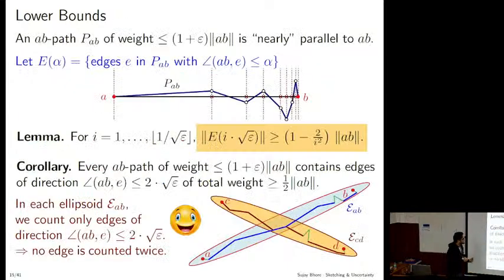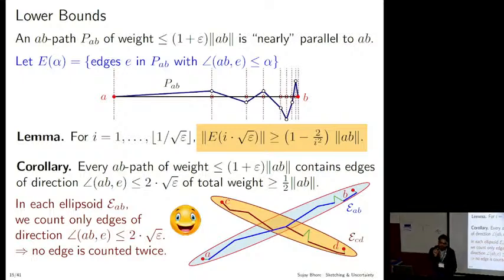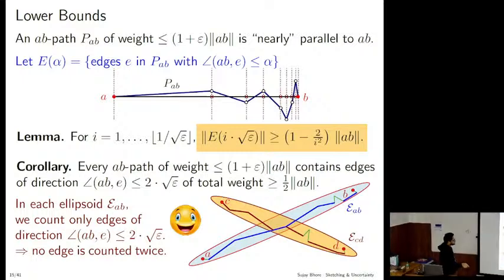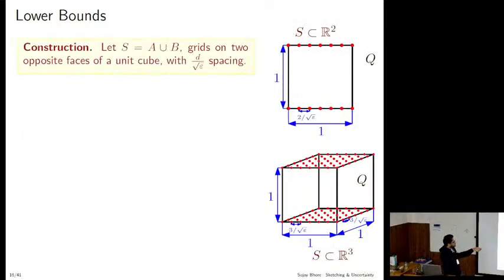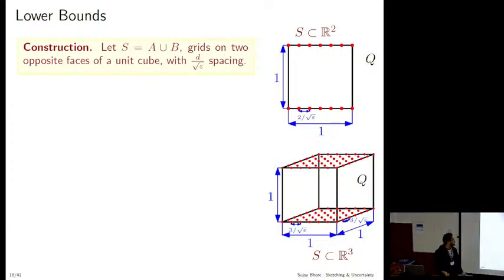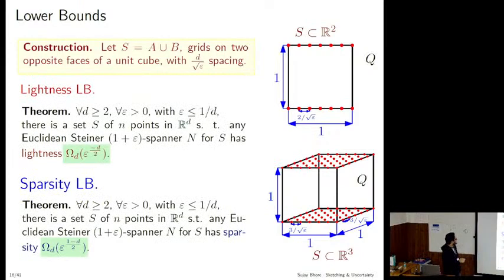So we take help of directions. We say that, well, we will look into one particular direction and see which edge is existing in what direction. Because between a pair, if it doesn't fall under the right direction, we don't need to care about it in that particular spectrum. So essentially you show that, yeah, you are not really overcharging more than some constant number of times, and then everything works out. So the construction is as simple as what I showed. In 2 dimensions, it is just these equidistant points snapped over two sides of the box. In 3 dimensions, you have this cuboid, you build this grid and you snap it on the other side. And this gives us the lightness and the sparsity bound.